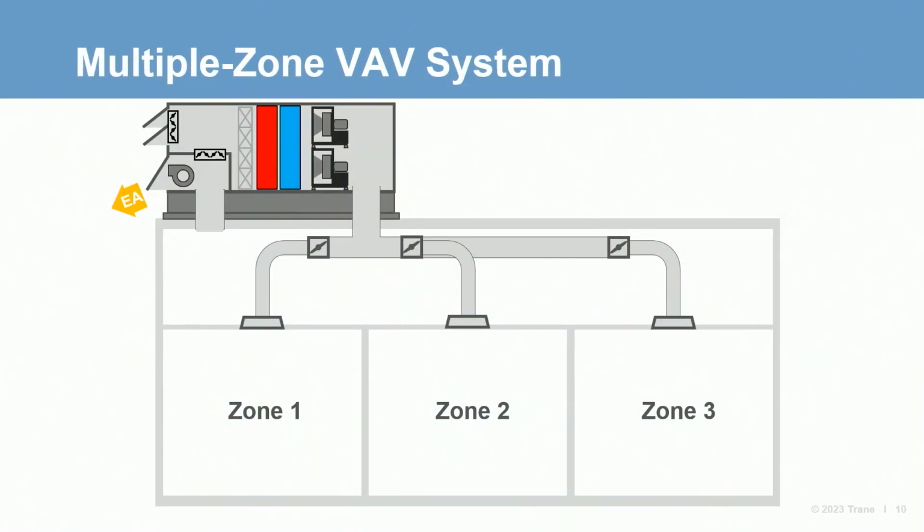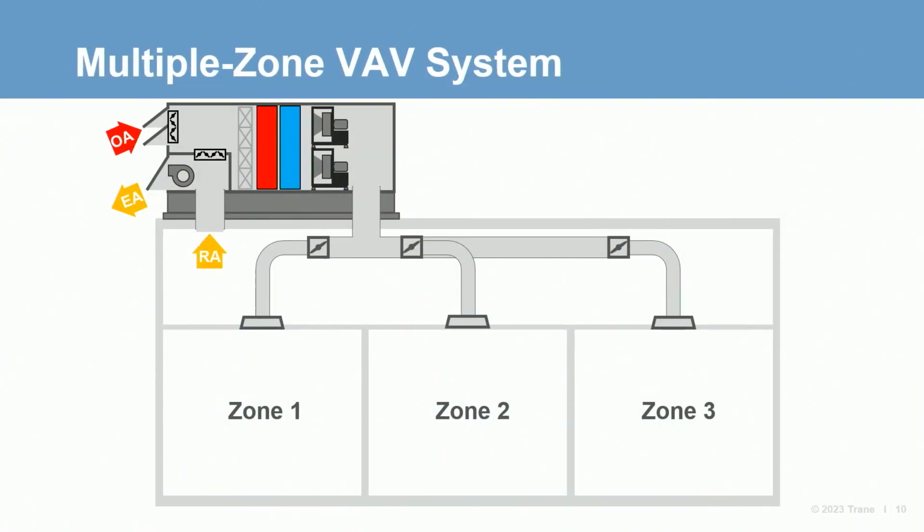Generally, three things impact building pressure: HVAC, weather, and wind. Let's start with HVAC and a review of typical airflows into and out of a building with a multiple zone VAV system. From the HVAC side,